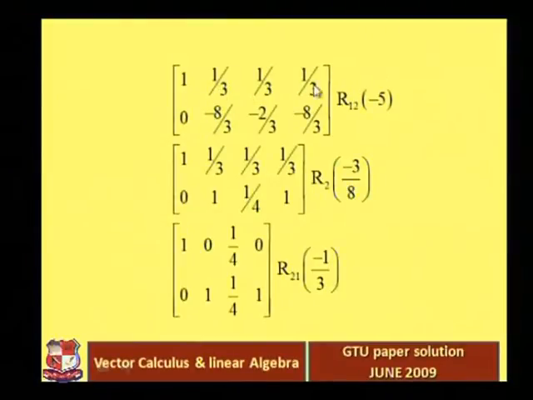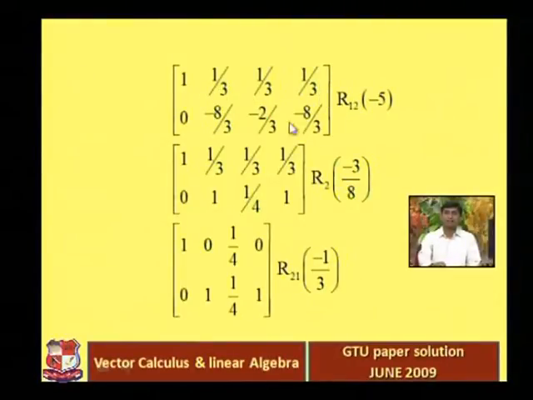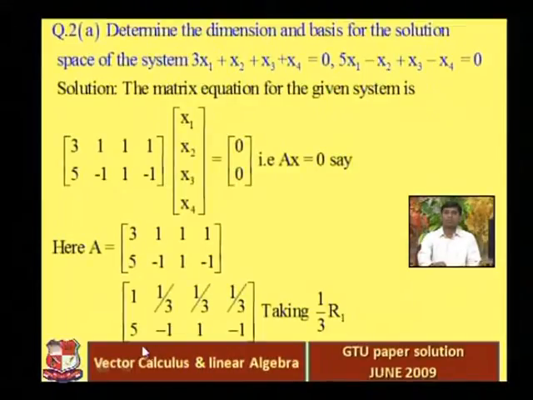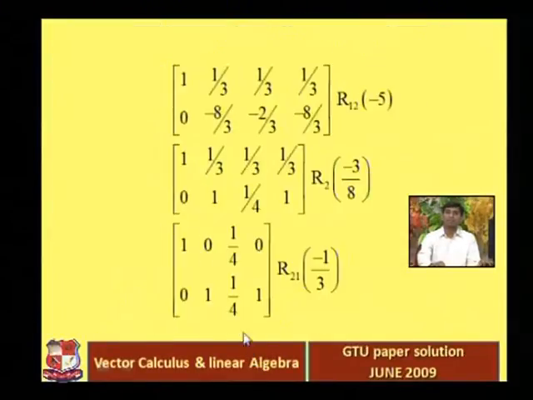1, 1 by 3, 1 by 3, 1 by 3, the first row is as it is. The second row now becomes: 5 minus 5 is 0, minus 1 minus 5 by 3, so that is minus 8 by 3. Again 1 minus 5 by 3, so that is 3 minus 5, minus 2 by 3, and minus 1 minus 5 by 3, that is minus 8 by 3. So here